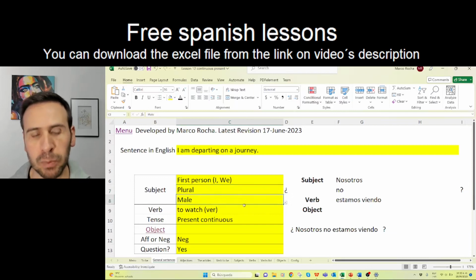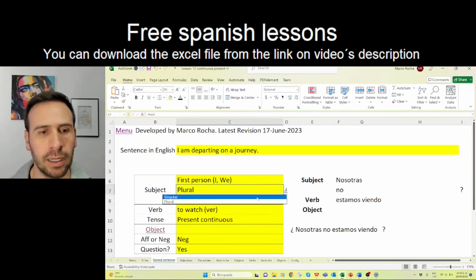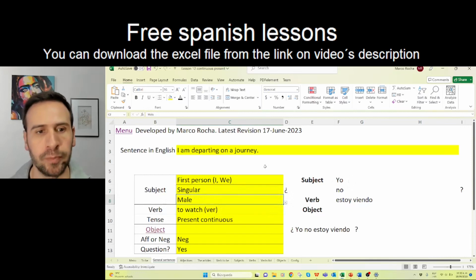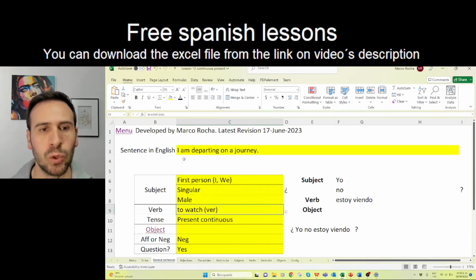If it is plural and female, nosotras, and in this case it is singular, and for male or female it's always the same, yo. Second, I need to choose the verb to depart,